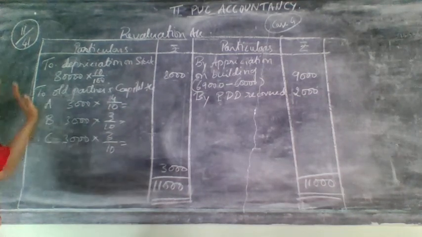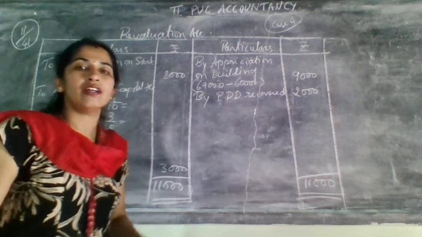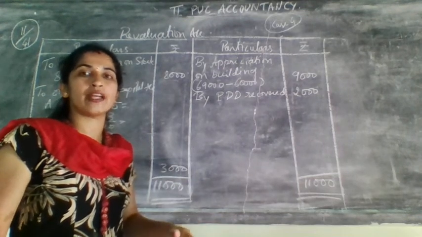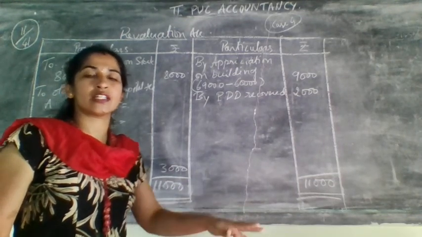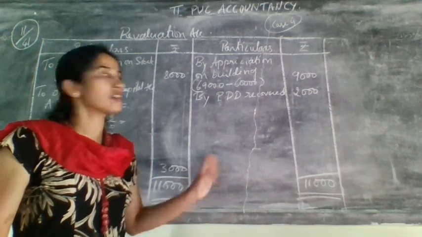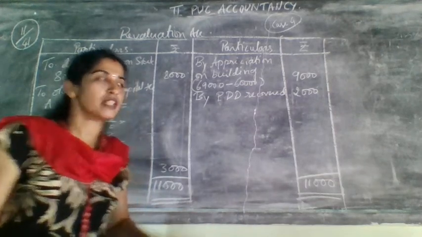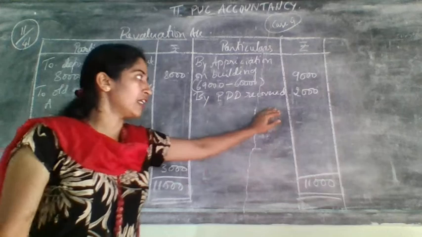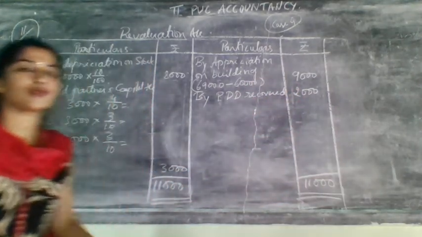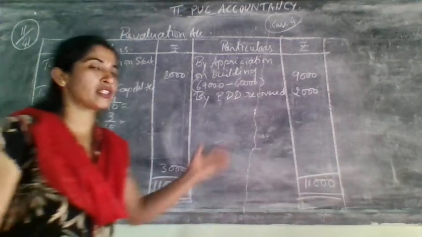After writing here, next PDD they have given. PDD was decreased by. Decreased by, reduced by, all mean the same. That was considered as PDD recovered. When they give "by", write that amount directly there. PDD recovered means it will come on the credit side. Write it on the credit side of the revaluation account.